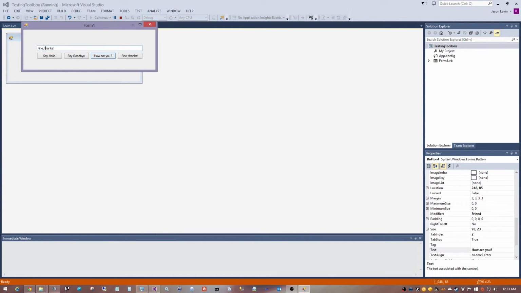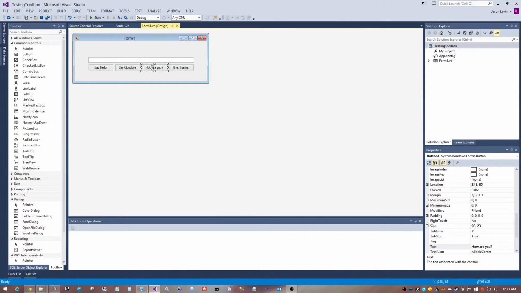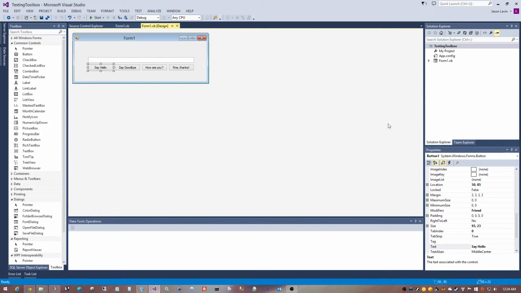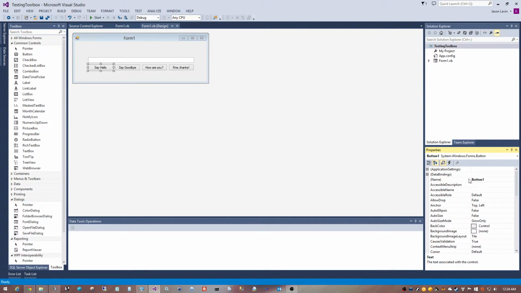When I click how are you, it's saying find things. So why is that? We'll double click here, and you can see it brings us right to that block of code. You can see it's clicking right there. So what we'll do is come off in the margin here, and you put a red dot. Now every time I click this button, which I should have named, I still haven't, I don't know why. This is why you do this, but